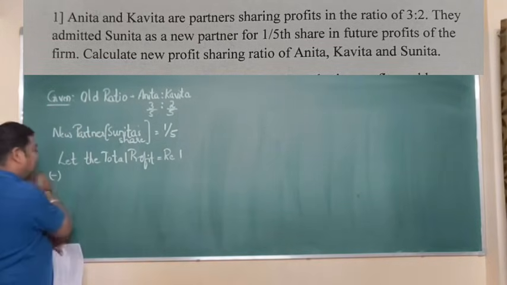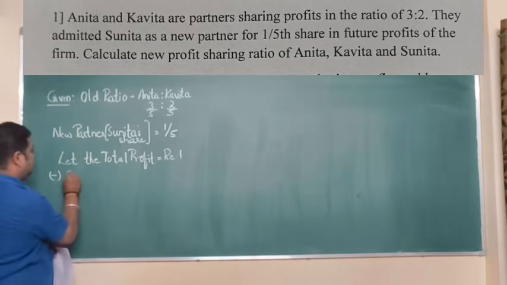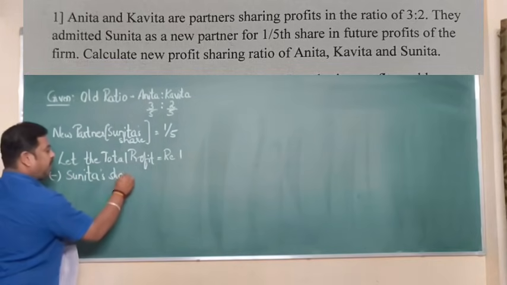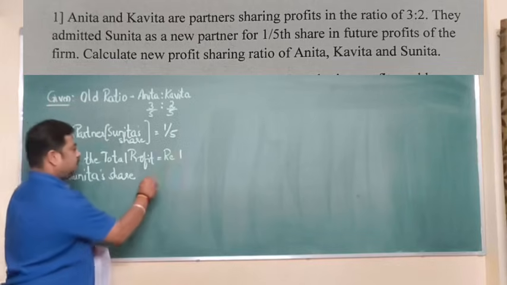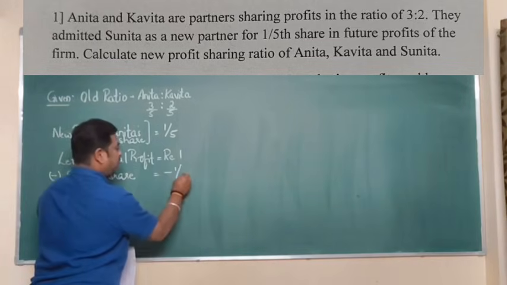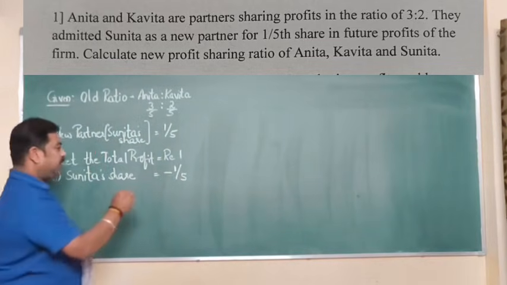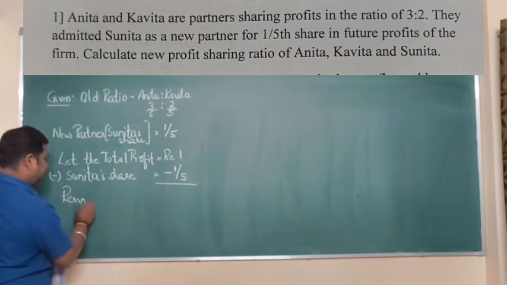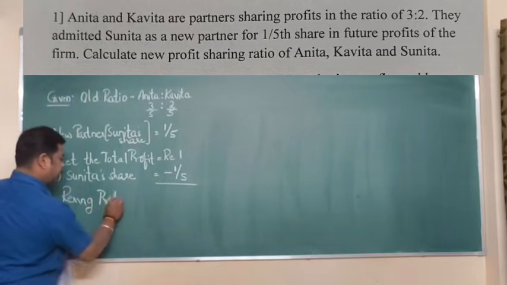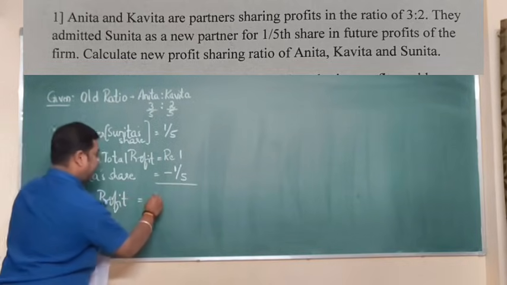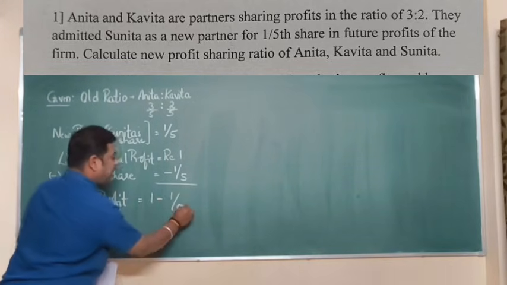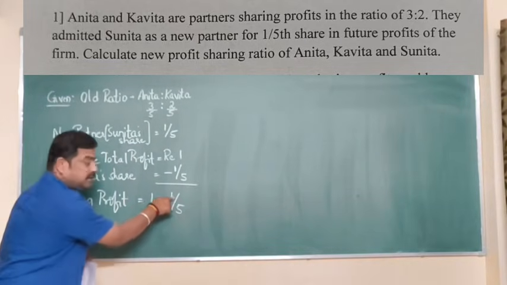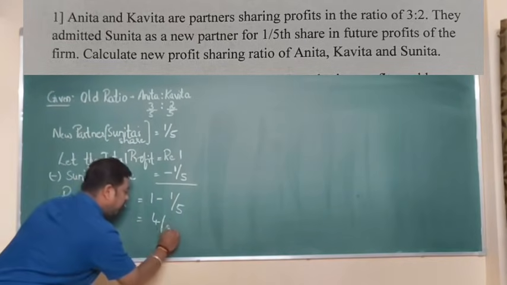From this, less Sunita's share. What is Sunita's share? Minus 1/5. Now when you see this, the remaining profit will be 1 minus 1/5. How do you solve this? 5 ones are 5, 5 minus 1, 4. So the remaining profit will be